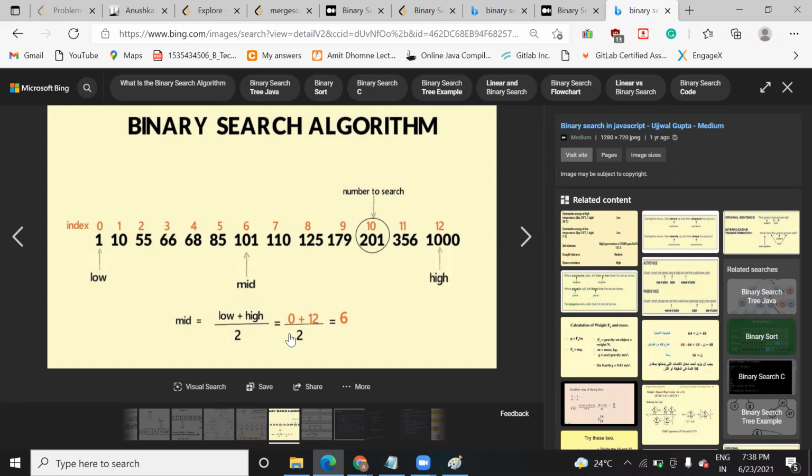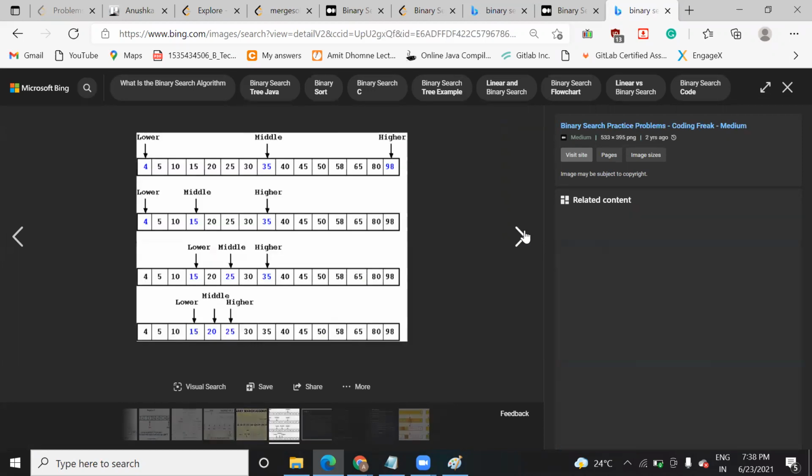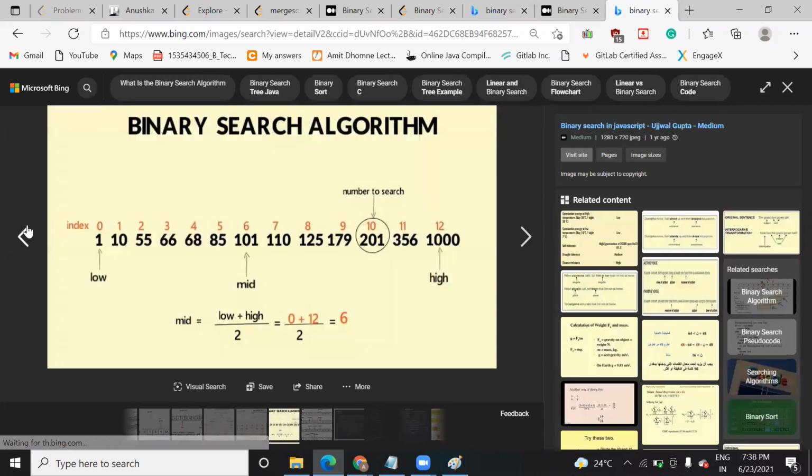So you can see here, right? These are the sorted data. This is your index 0 and this is your last index. Now your searching element is 201. The middle element is this one. According to the formula, you first need to find the mid value.